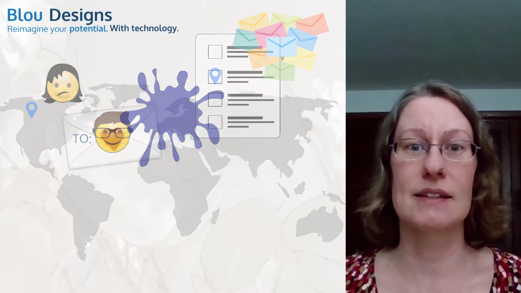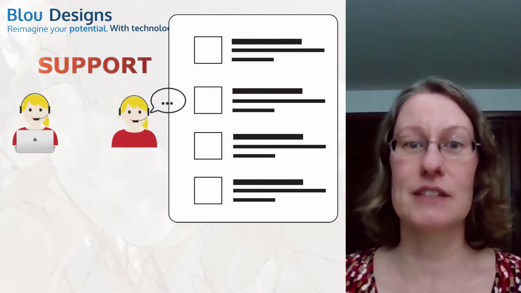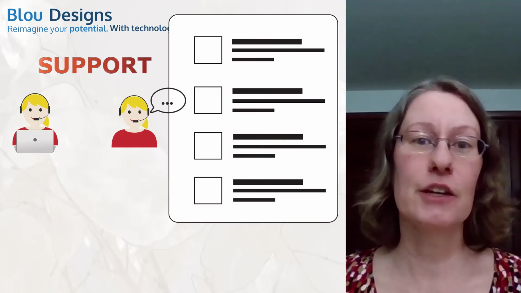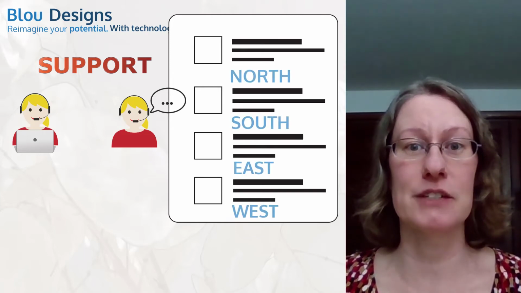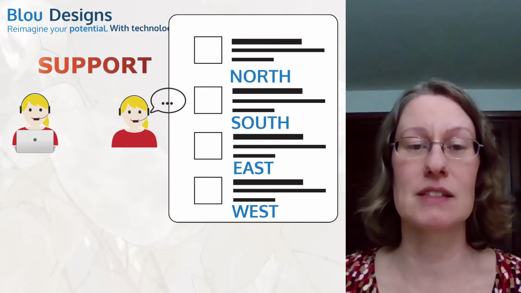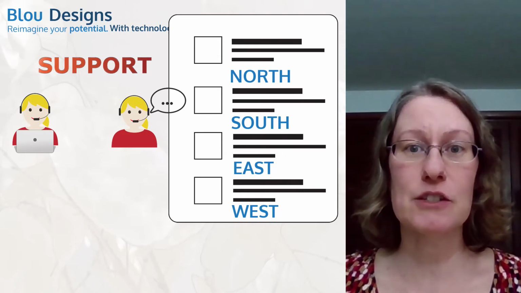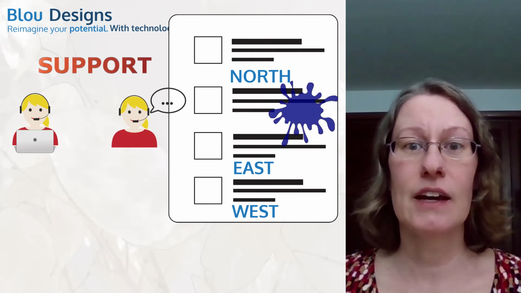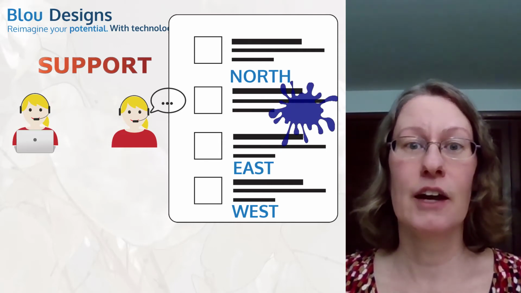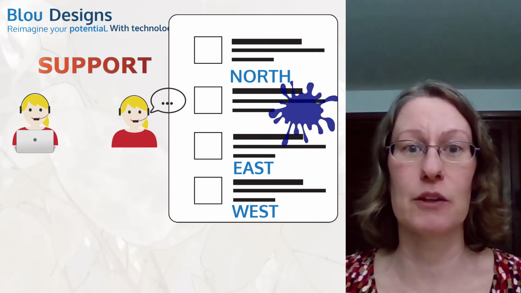What if, instead, you're using your address list to assign different salespeople to client leads based on region? You'd first need to make sure that you've supplemented your address list with region information because it's incomplete without this classification. Once you're recording regions, if you forget to assign a region to a client lead, you've made your data dirty by making it incomplete in a different way. You might lose that sale because it's never assigned properly to someone to follow up.